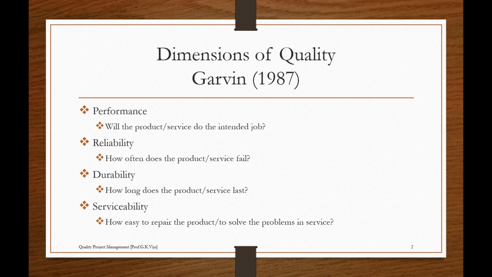First one, performance. Performance refers to a product's primary objectives or primary operating characteristics. This dimension of quality involves measurable attributes, and brands can usually be ranked objectively on individual aspects of performance. Second one, reliability. It's the likelihood that a product will not fail within a specific time period. This is a key element for users who need the product to work without fail.